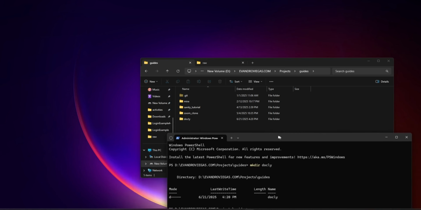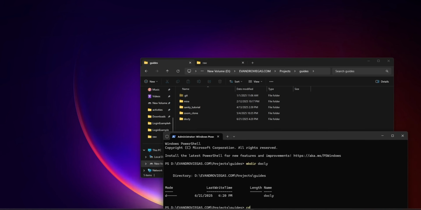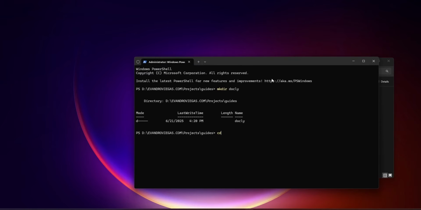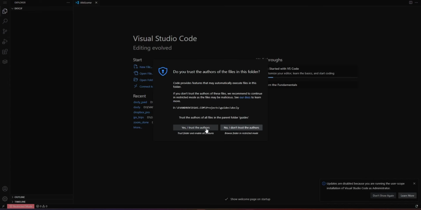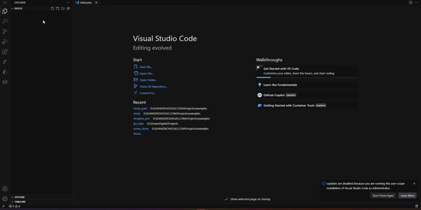Alright, now you see the Dockley folder is created, and now I'm going to cd into the folder. So cd Dockley, like this, and then I'm going to use code dot to open the project folder. Alright, so now as you can see, we have the